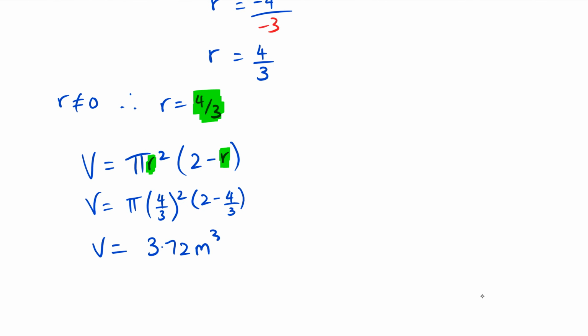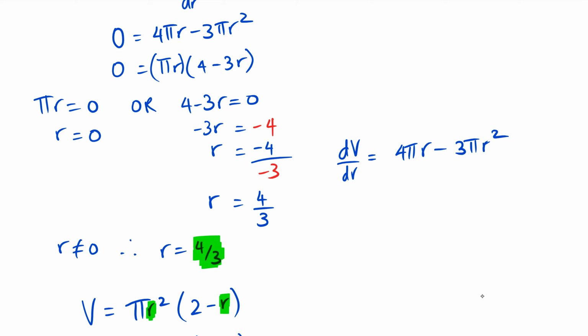Now, we've got to try and actually prove that this is a maximum volume. So I'm going to use the second derivative rule. We actually figured out that dV/dr was equal to, oh no, we're going to leave it like that. I think it was 4 pi r minus, where was that? There we go, 4 pi r minus 3 pi r squared. All right, so we double differentiate this, which means we differentiate it one more time. We're going to get d squared V over dr squared, that's just 4 pi minus, what have we got? 3 times 2 is 6